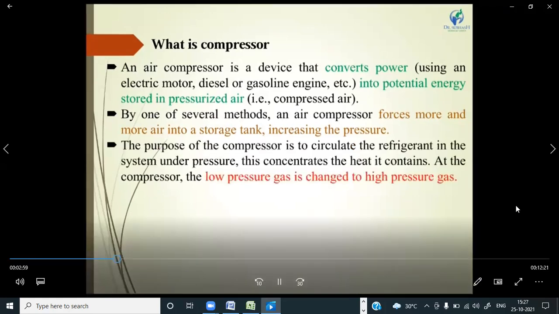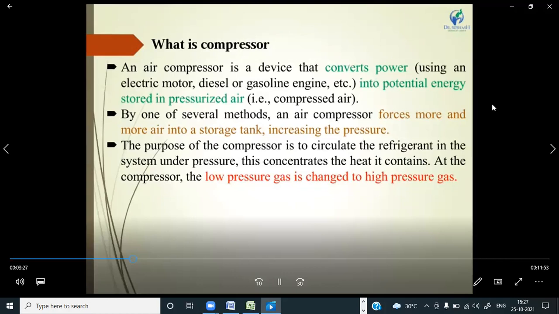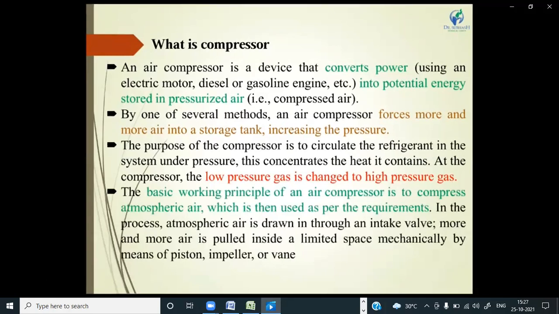The purpose of this compressor is to circulate the refrigerant in the system under pressure. This concentrates the heat contained. At the compressor, the low pressure gas is changed to high pressure gas. This means the compressor works with a suction side and a discharge side. At the suction side is very low pressure gas coming from the evaporator, and it gives higher pressurized gas after the compression process, so that the refrigeration cycle has continuous flow into the